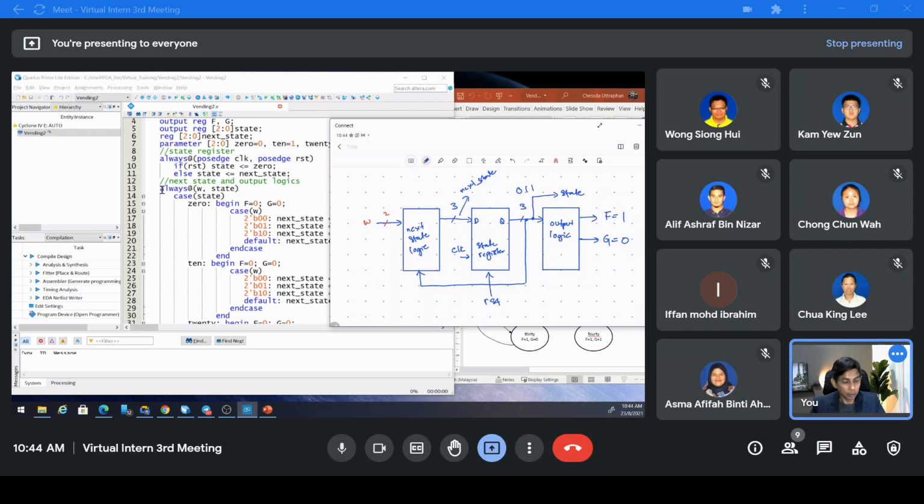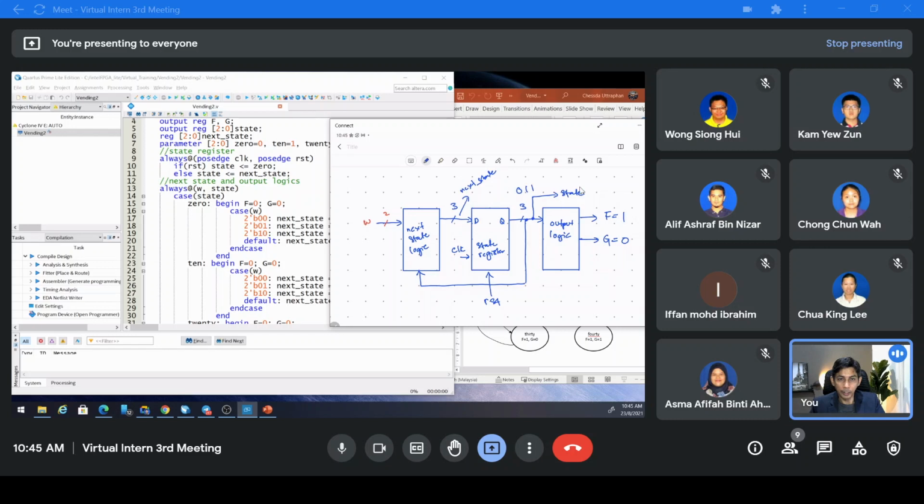So to code in behavioral, we use the always block. All the input that we have is, yes, of course, the W, and the state, this one. All right, and because we have many possible outputs, the best way is to use a case statement. You can use if else, but the easiest way is to use case. Case state